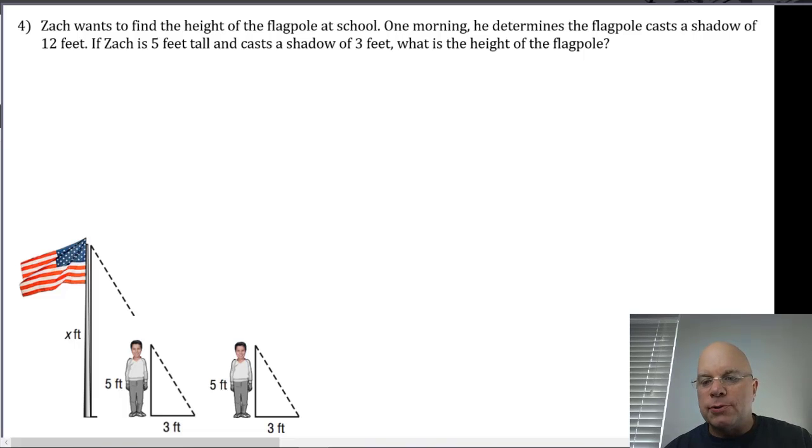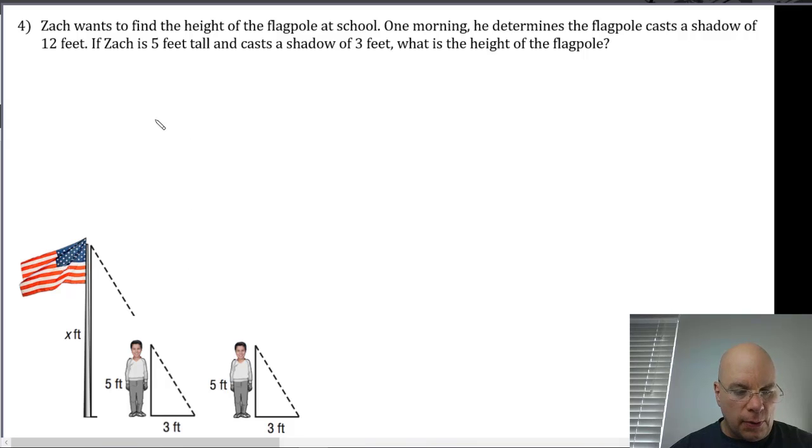We discussed the WUMP drawings today and created some understandings about similar figures, and you're practicing that on your homework tonight. Problem number 4 says Zach wants to find the height of the flagpole at school. One morning he determines the flagpole cast a shadow of 12 feet,